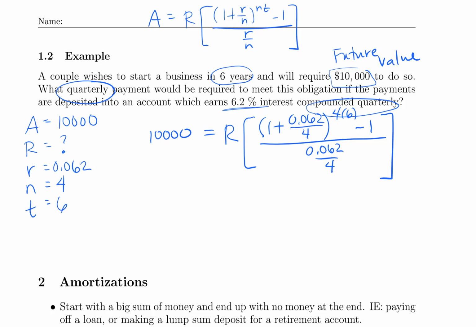I like to keep track as I'm going along, so if I've made a mistake, I can go back a little bit. On the left-hand side we have 10,000, which is going to equal the payment times all that stuff in the big parenthesis right there, which becomes